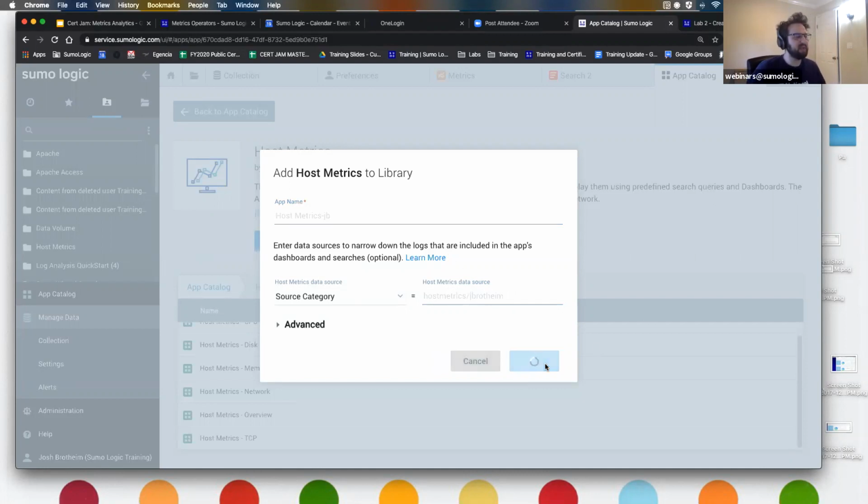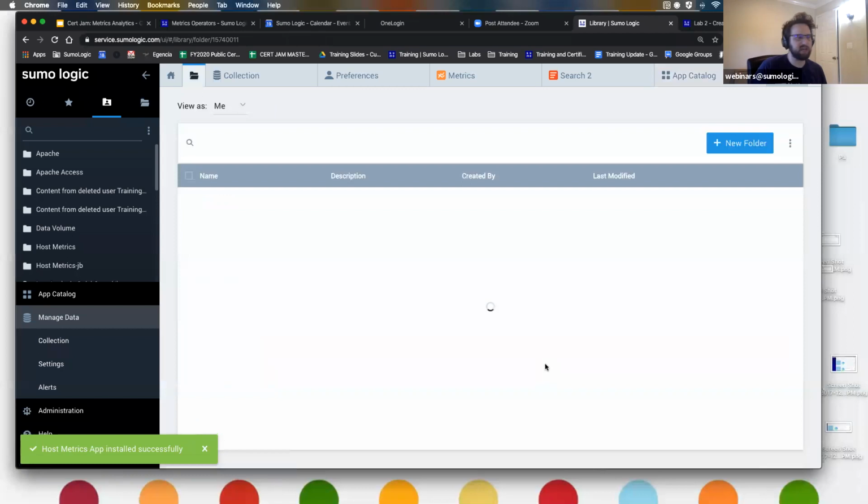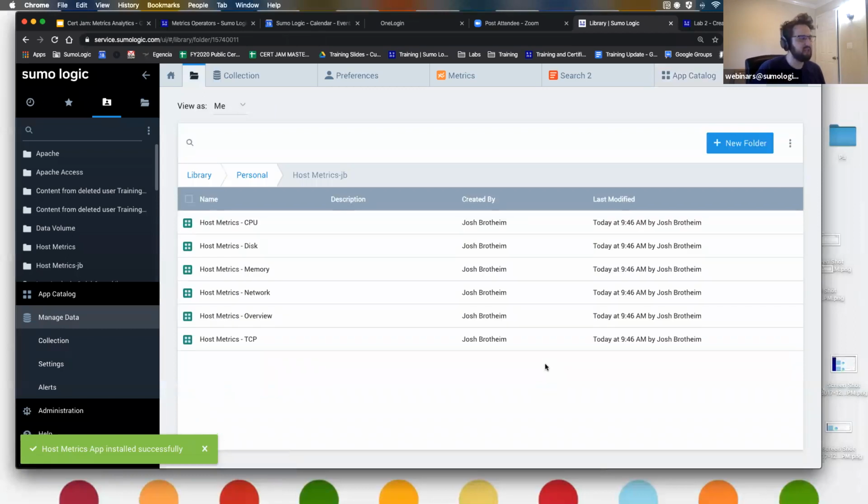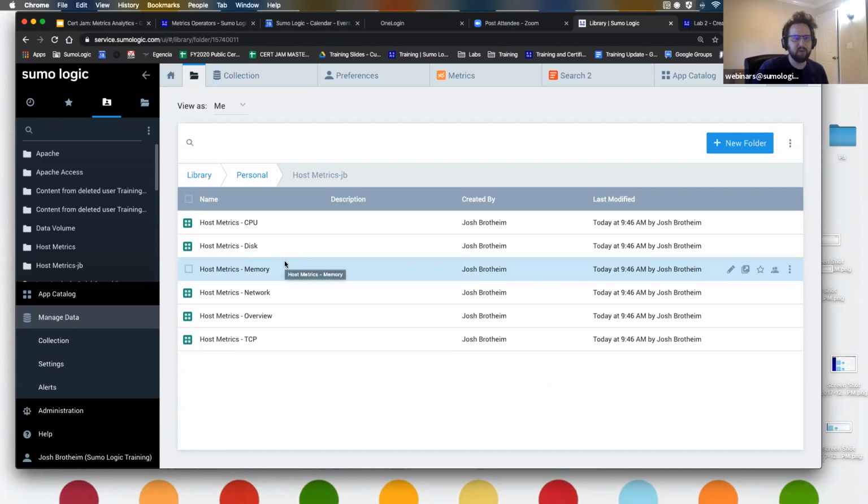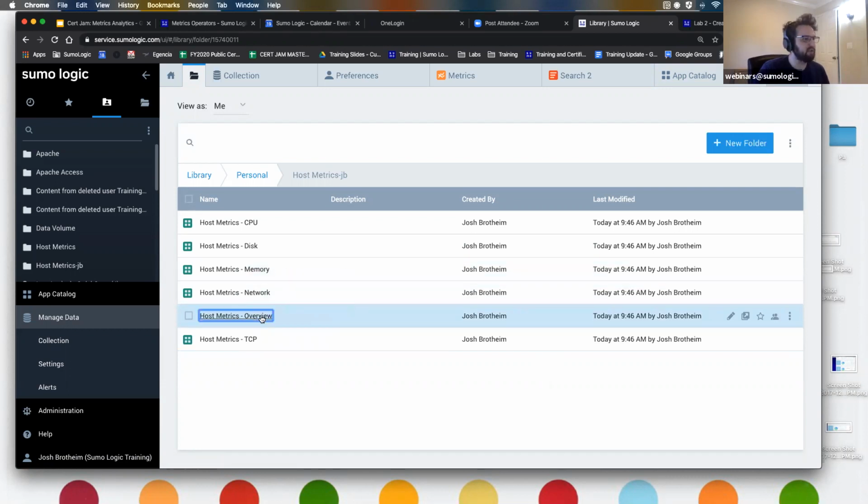And now what is happening is my metrics are being taken, or not being taken, just referenced. My queries and dashboards that Sumo Logic has created are being utilized. And the two are being, as I always say, for lack of a technical phrase, smushed together. And now we get that output. So now if I want to look at my host metrics overview,